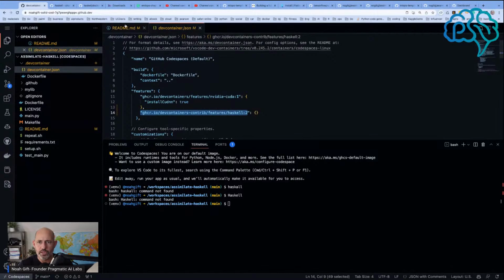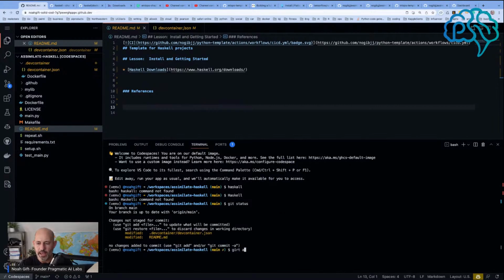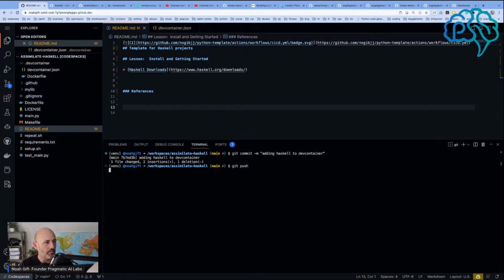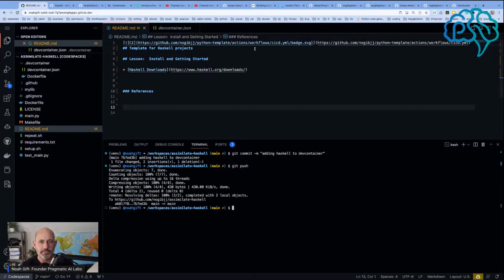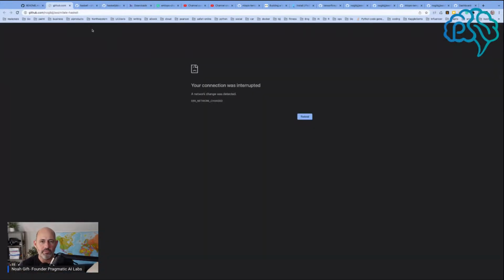So we can go to README and we can say, well, first of all, let's check this in. So it's like git status, git add a dev container. And then we can say commit adding Haskell to dev container. There we go. So hopefully this solves a lot of problems, because now I've got this thing